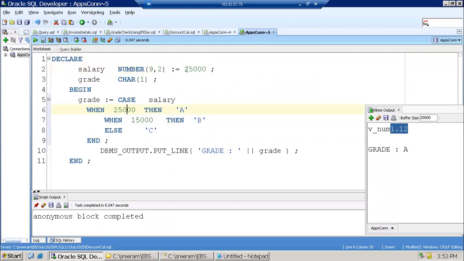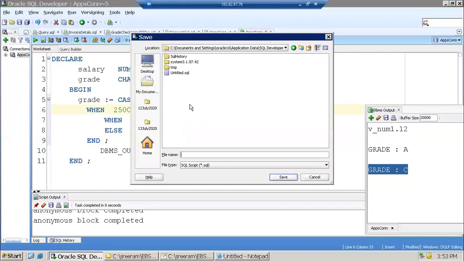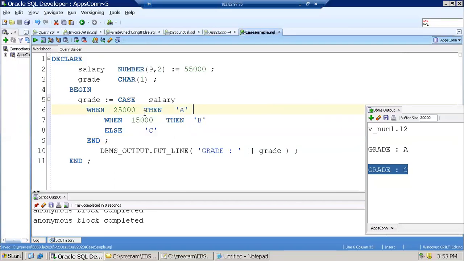Now let us say I change it. The salary is 55,000, but still the grade it will print is C. This is used, but very rarely.